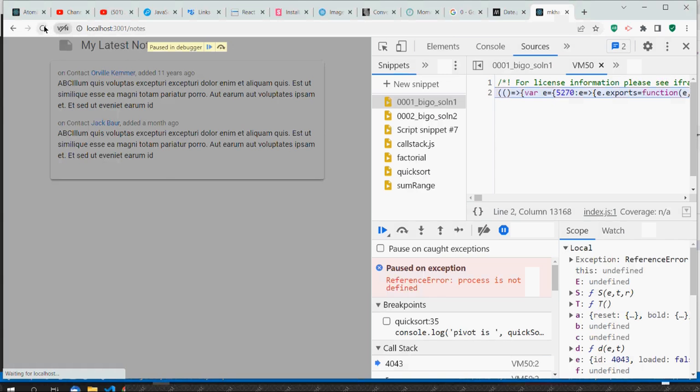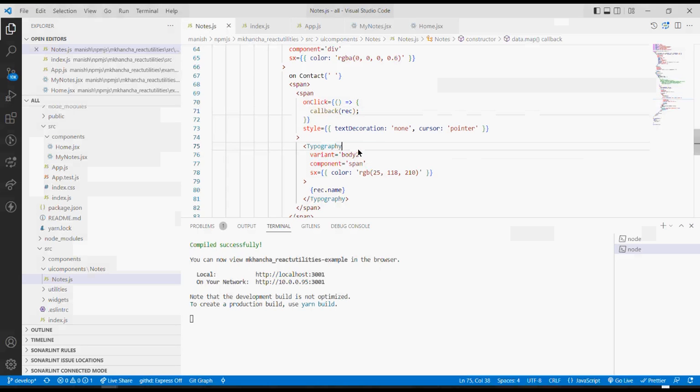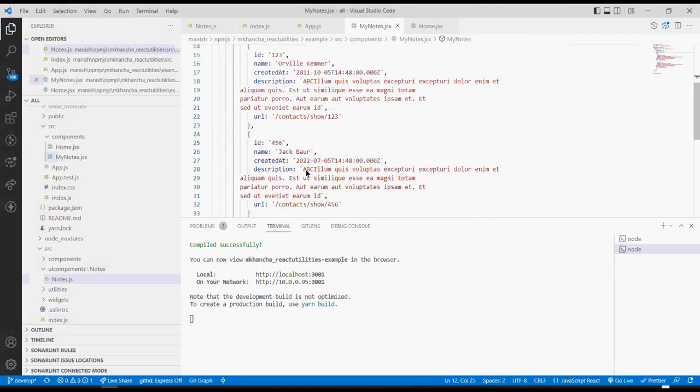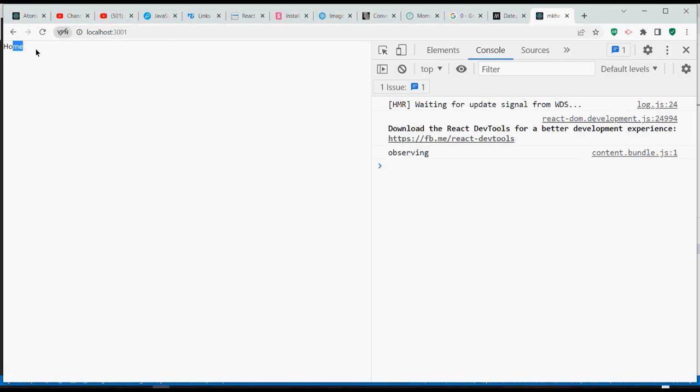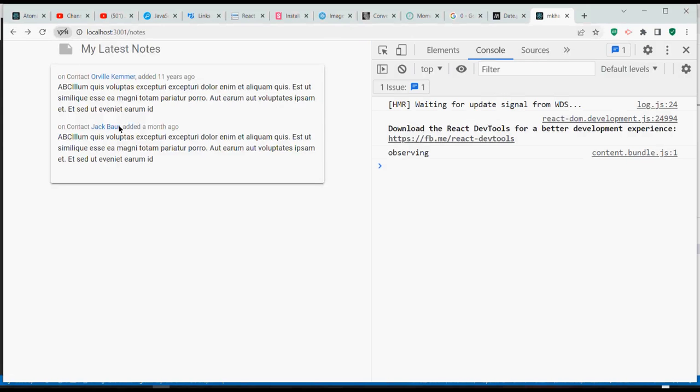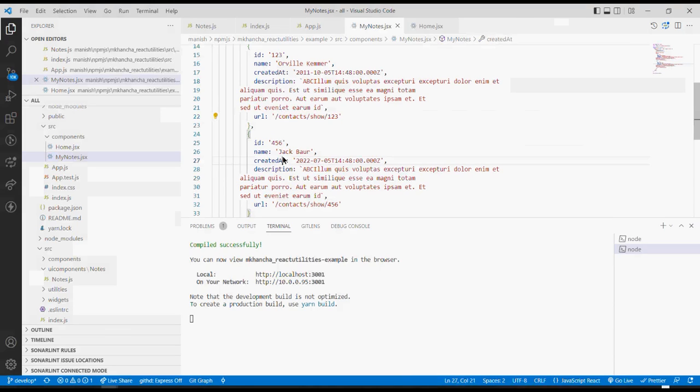So let's double check that one. I'll refresh it. Now, since we don't actually have these URLs, it will go to the home page, but we will create some dummy URLs now so that it goes to the proper one. So I'll refresh it. When I click this one, you see it's going to the home page, but it's very quick. It's not refreshing the whole page. It's redirecting using the history. So it's very quick. So to show you, let me